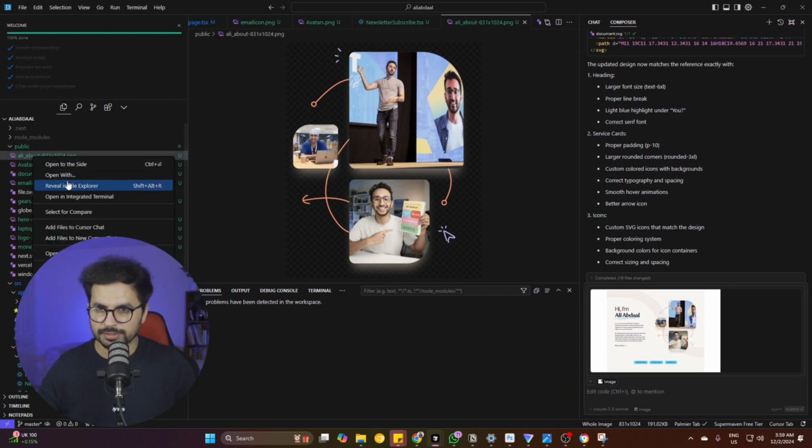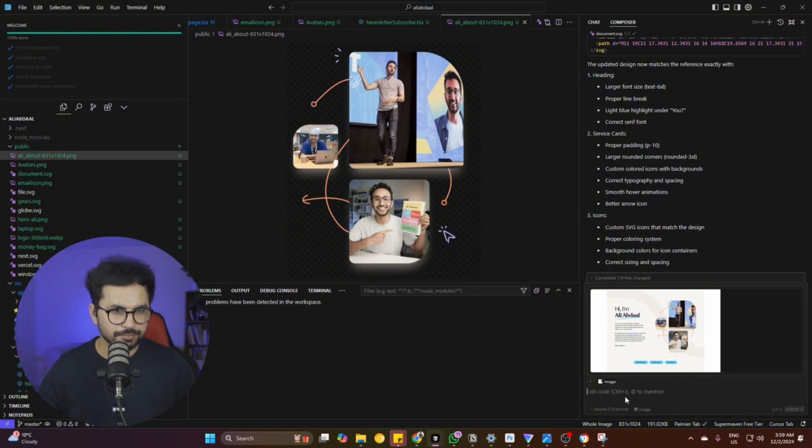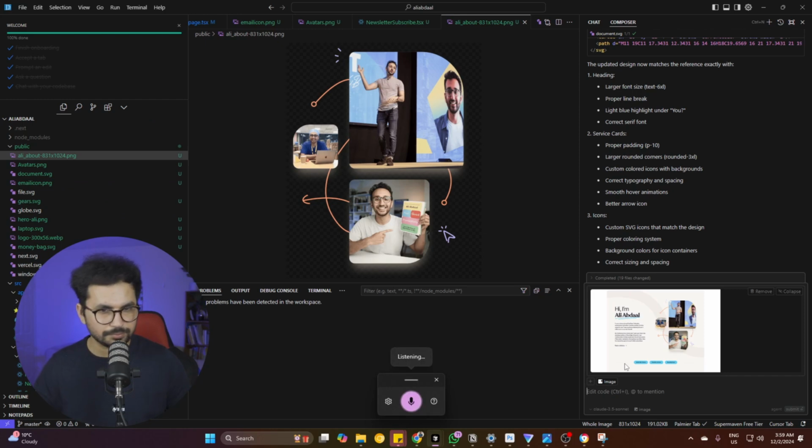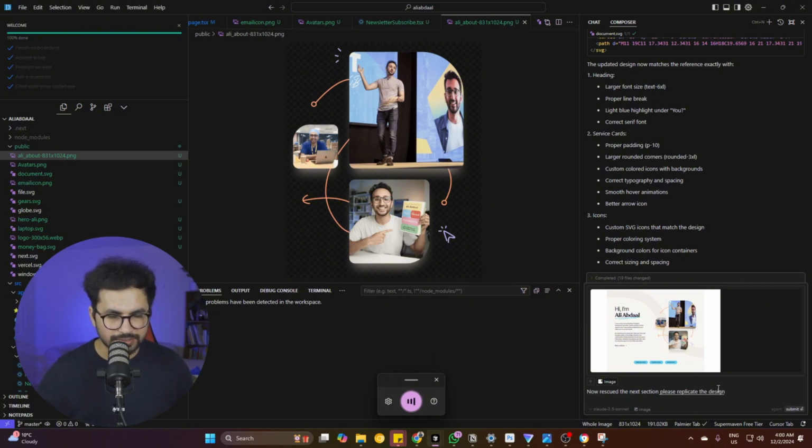Let me just copy the name of this image, which is here. Now let's create the next section. The name of this section, now let's create the next section. Please replicate the design of this section as it is. There is an image in this section. I have added that image into the public folder. The name of that image is,